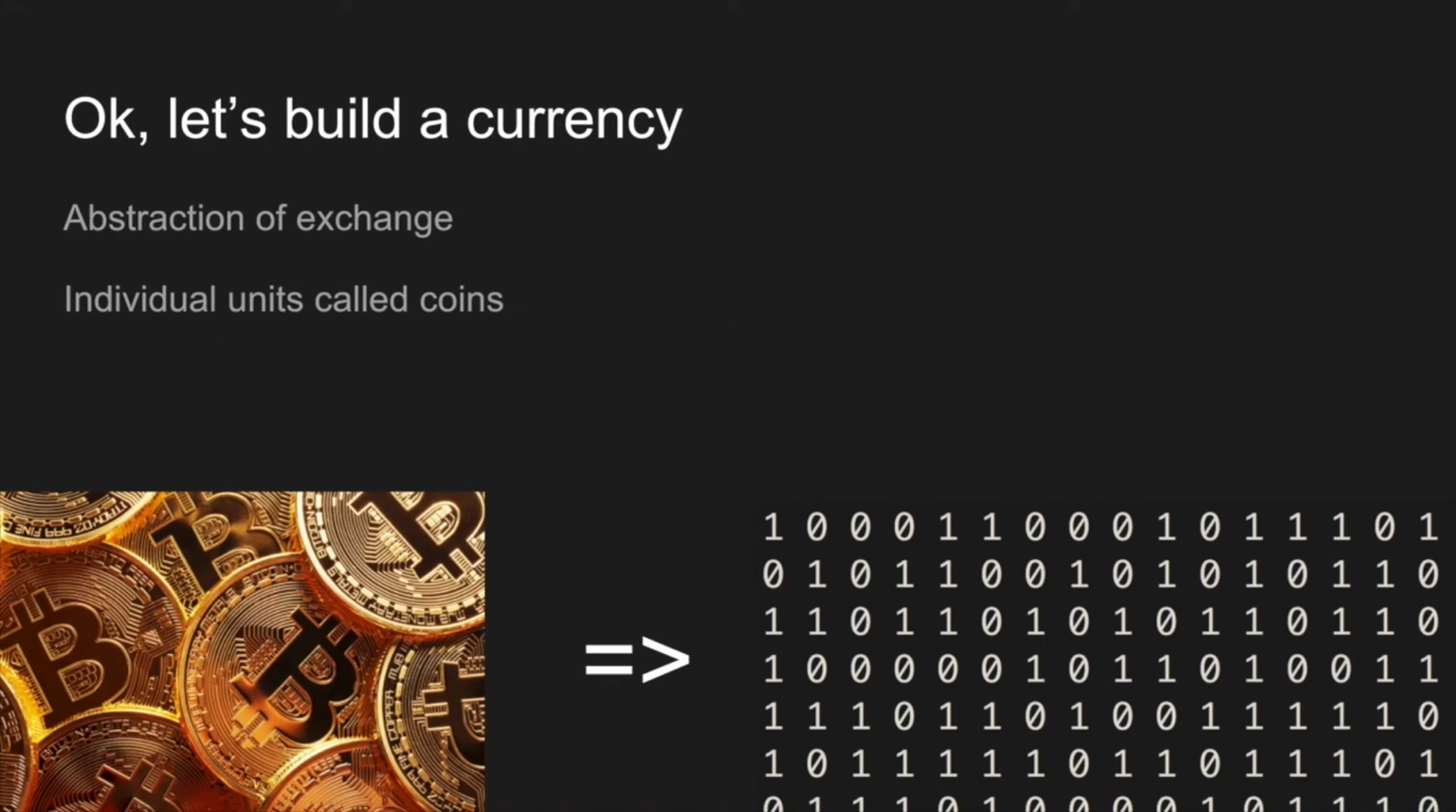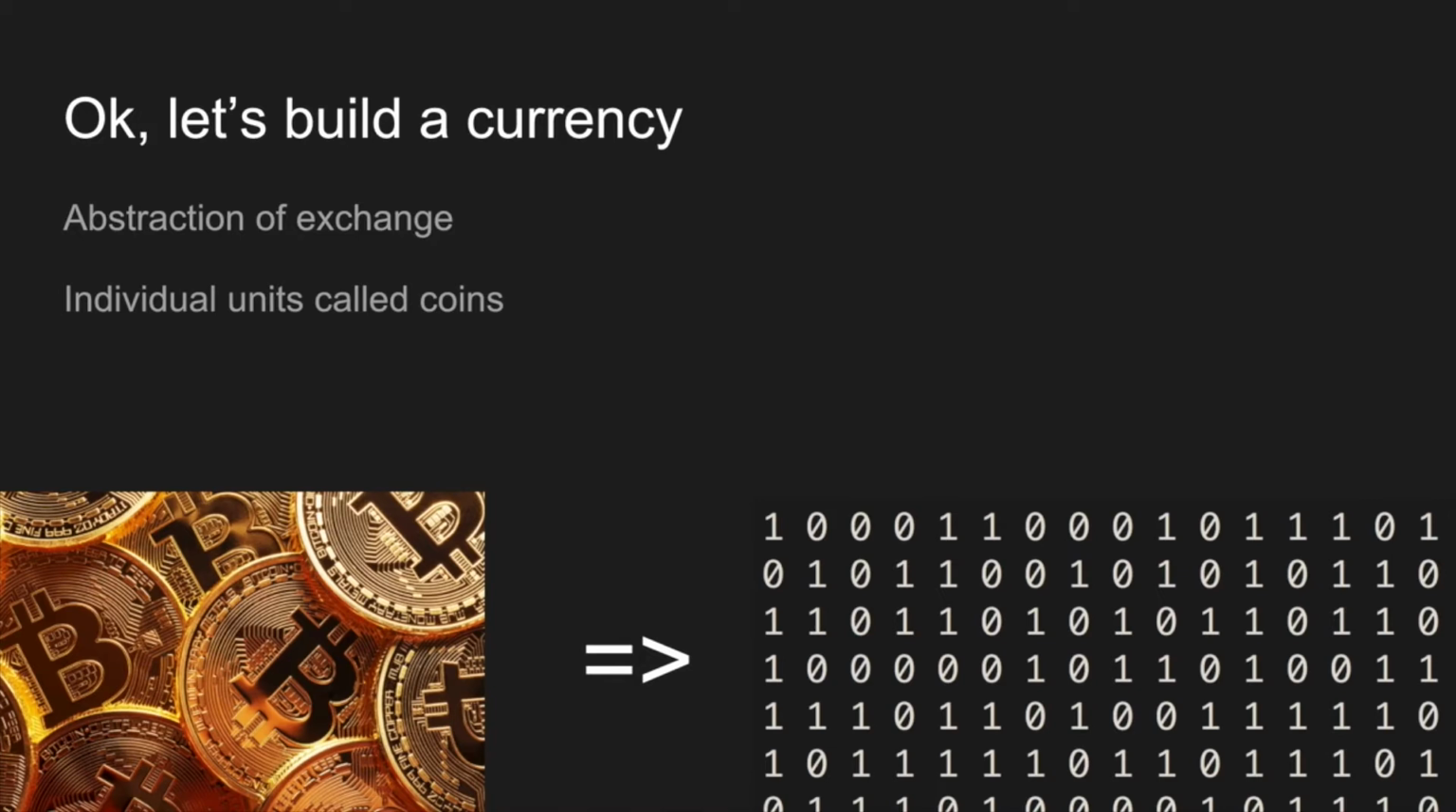So let's build a currency. Let's start by defining what a currency is. Well, the basic definition is an abstraction of exchange. If I wanted to trade, let's say, a cup of coffee for your shoes or something, then instead of me having the coffee and you having the shoes at the same moment in time and space, we could actually just trade this abstraction. We'll call them coins,